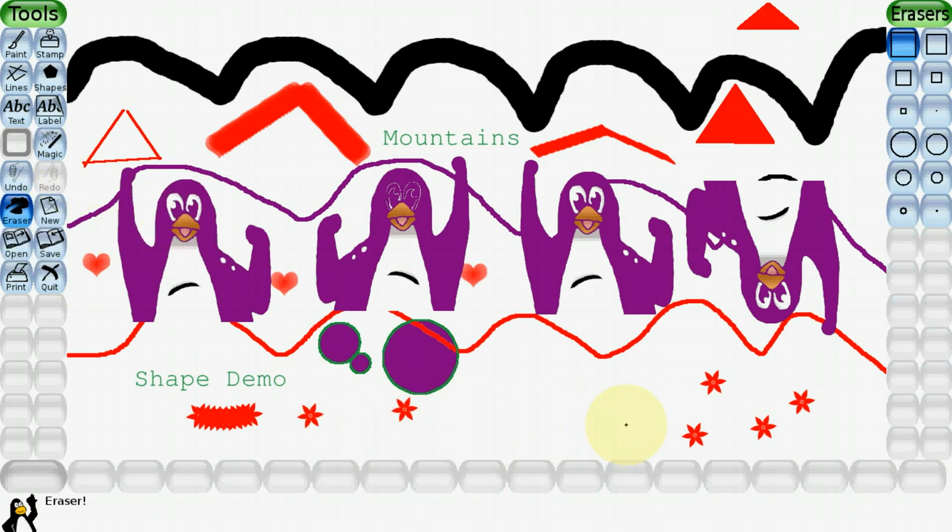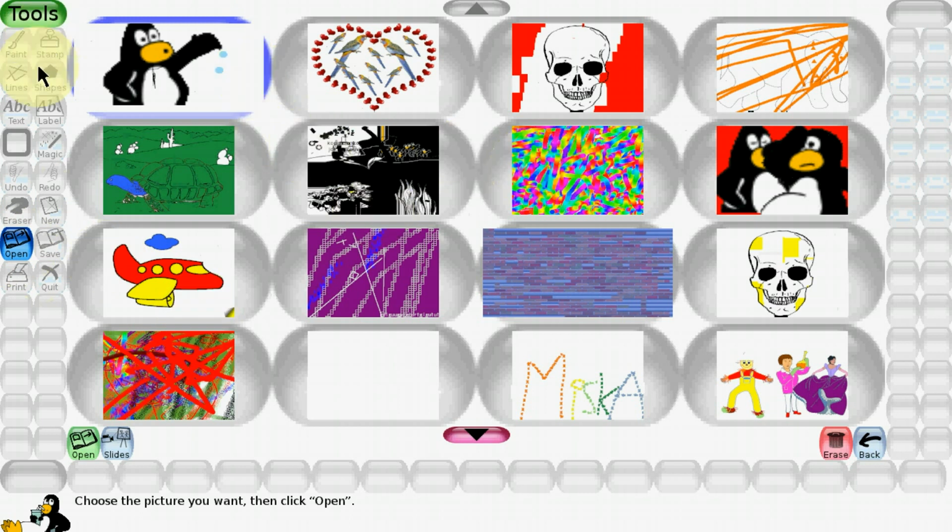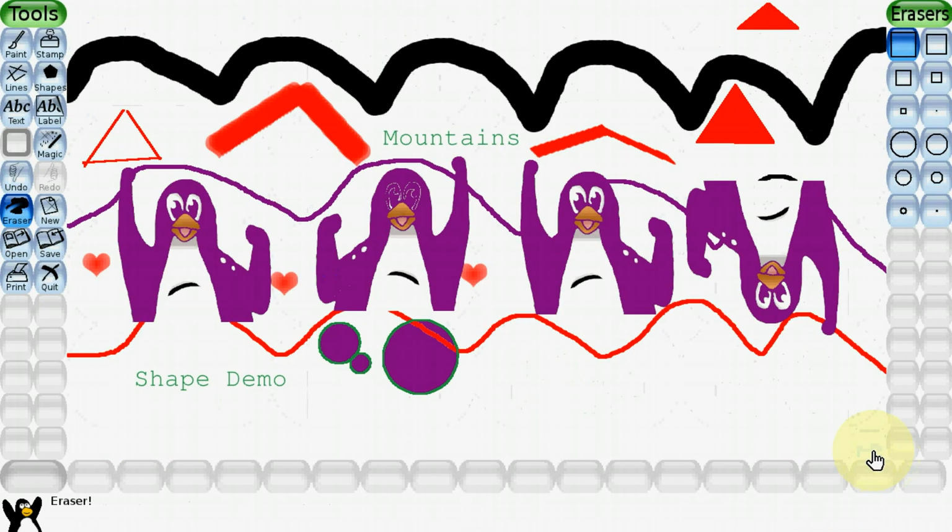After that, eraser. If you want to erase something, you can use this eraser. See, I have erased these flowers. Then new, I have already demonstrated what is the use of new. Open. If you want to open any file, you can open from here. Just click back. Save. Now I want to save this picture. So I have clicked here, save. Automatically it will be saved. Then print. Print we will see in next video.